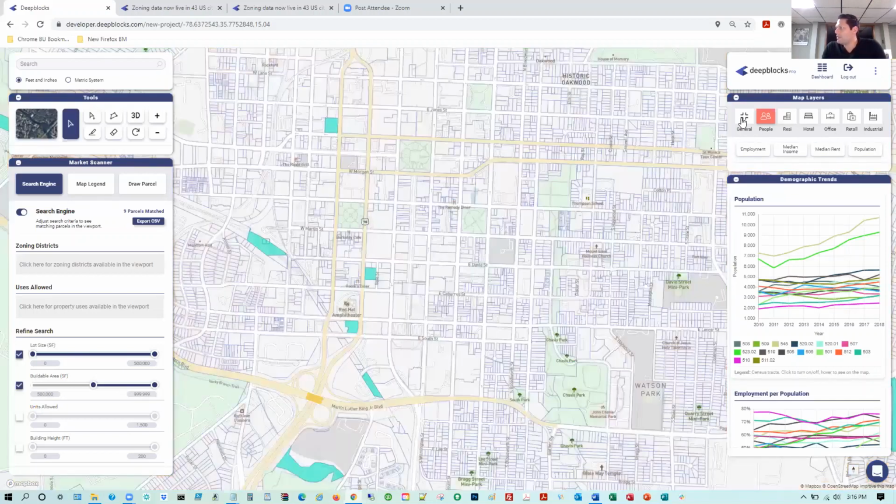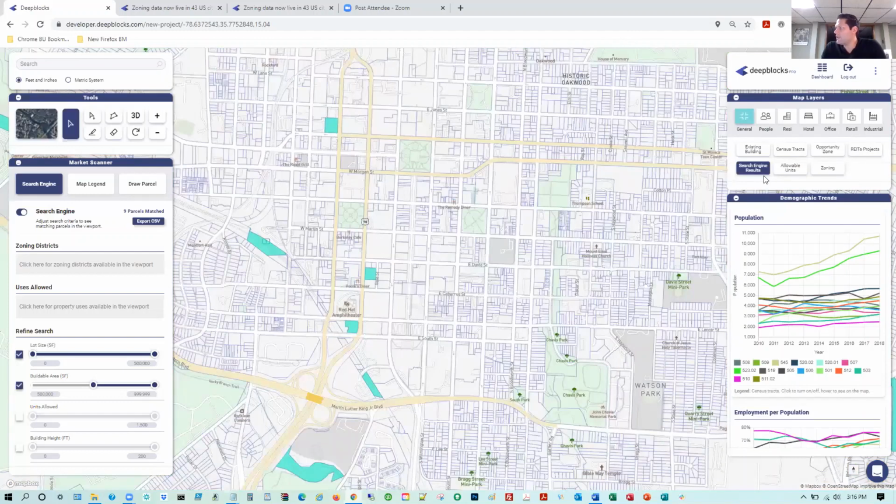So let's go back and show that opportunity zone, which was just asked about. Simply by turning this tab on, you'll see anything in this yellow shows that these parcels are within that opportunity zone. So this could be a great play for multifamily affordable housing. It's in an opportunity zone. It's a lower income area, so the rent's on the lower end side. So again, based on that evaluation and looking at those statistics, this might be a great site to potentially develop for multifamily and affordable housing. So we could look at that shortly.